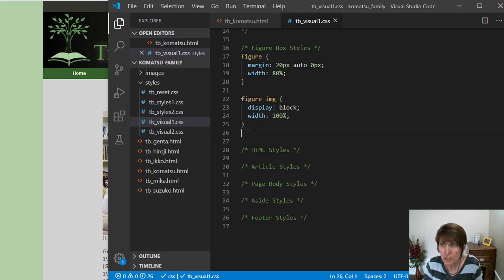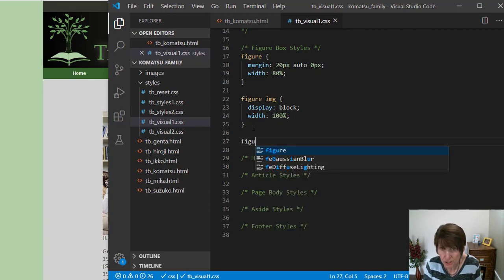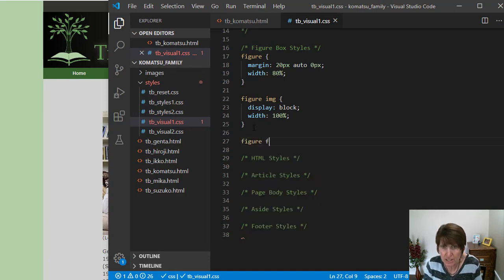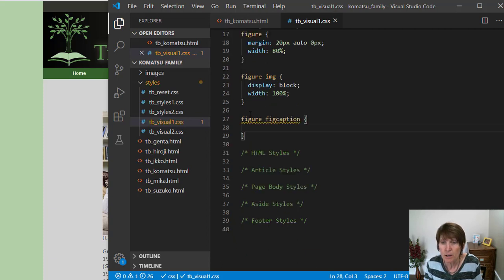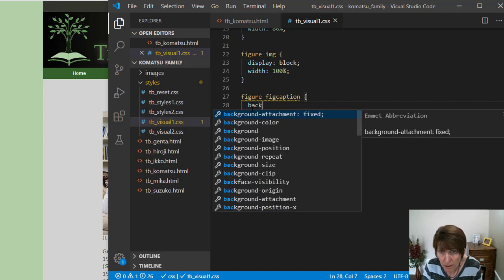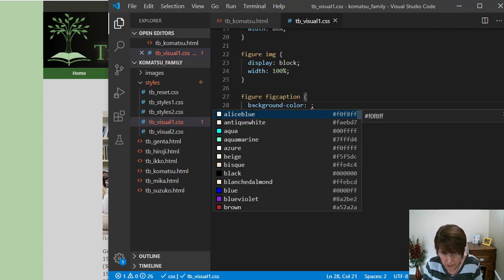Next, we want to style the figure caption, right? So that's the figcaption. And we can go ahead and add figure, and then it's the figcaption inside there, and that will be our selector. And for this one, we want to set several things. So we're going to set the background color to white,